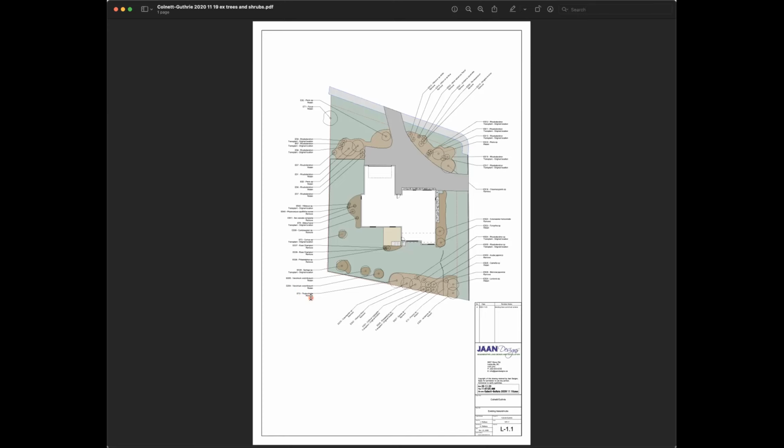So this particular job, there's quite a few existing plants, and we have placed those on the drawing. Now, the nice thing is with this, when we go to do our planting plan,